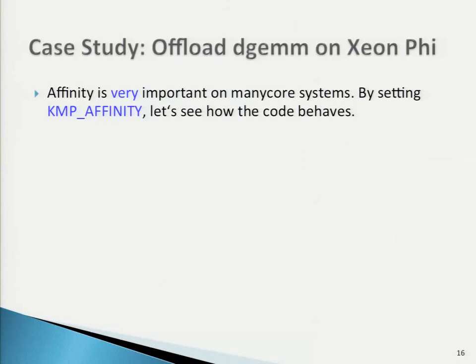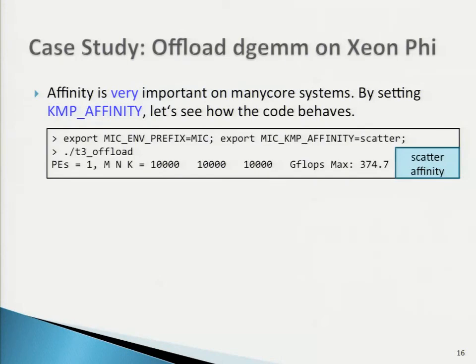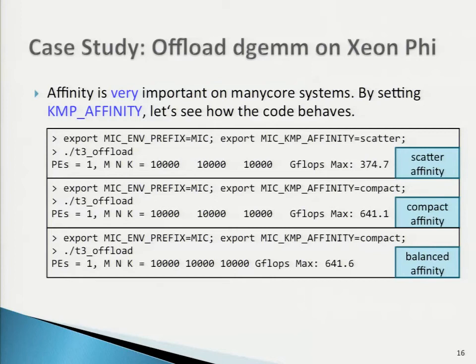But because we've got so many threads and so many cores, the order in which threads are assigned to cores can have a very big impact on performance. So there are 3 different affinity settings. You're familiar with the scatter and the compact affinity setting. And we can see that going from scatter, typically on a Sandy Bridge, scatter will give you the best performance. But we see here the compact affinity actually is, well, it's not double, but it's a lot more than the scatter. And that's to do with once you've got 4 threads running per core, if you use compact affinity, you